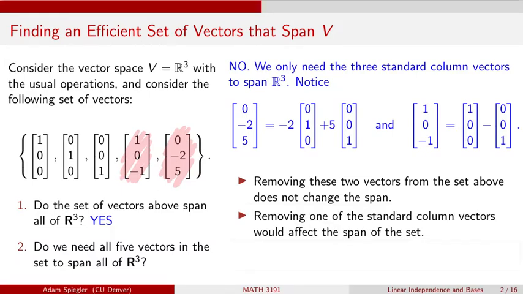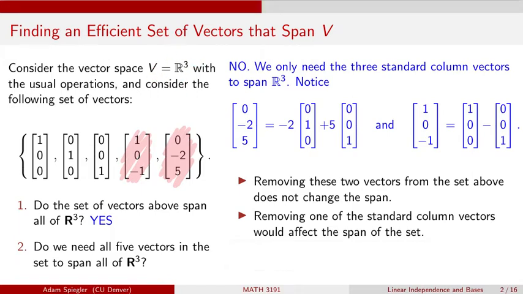Removing one of these standard column vectors, however, in addition to just these first 2, so if I remove these 2 and say, well, why can't I remove another vector? Do we need even all 3 of these? Well, if I remove any one of these remaining 3 vectors, then we're no longer going to be able to